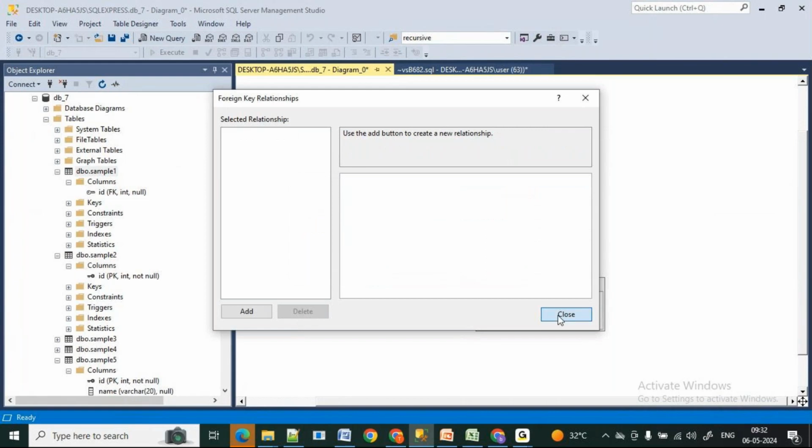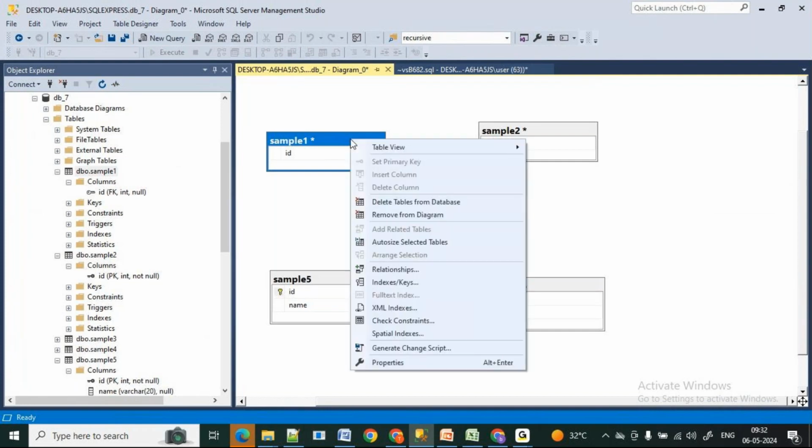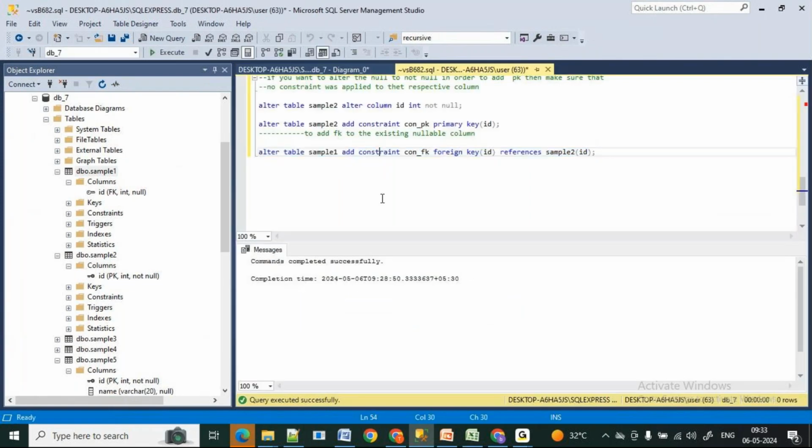Okay, we will try to see after DML. Okay, if the data was there, then directly it can establish a connection, by using data and all. But right now we don't have data, that is why it is not taking. We will see it here. We can see the connections, but this and this are linked each other. Okay, that only we have done, right? Sample 2 of ID. Yes.